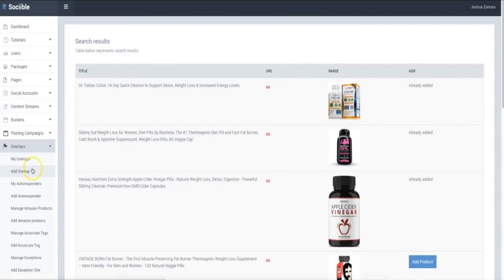That is it. You can see just how powerful Sociible truly is. You can come in here and set up fully automated social marketing campaigns in a matter of minutes and set up absolutely everything, the content to be posted and the monetization to go along with that content within a matter of minutes. So go ahead and check out all the other features that we have right below this video,